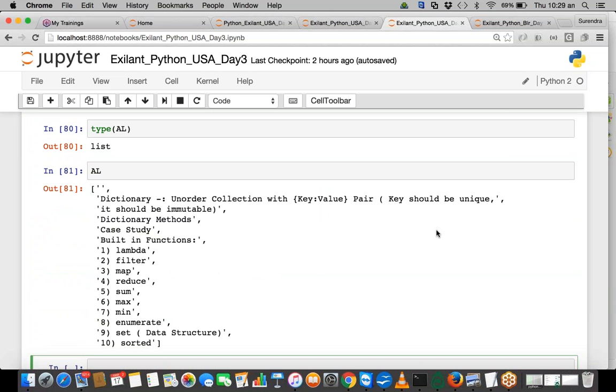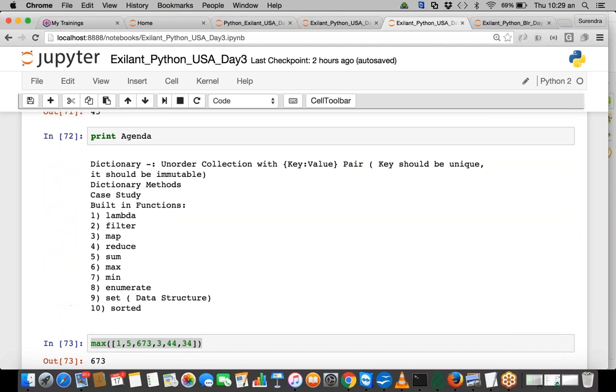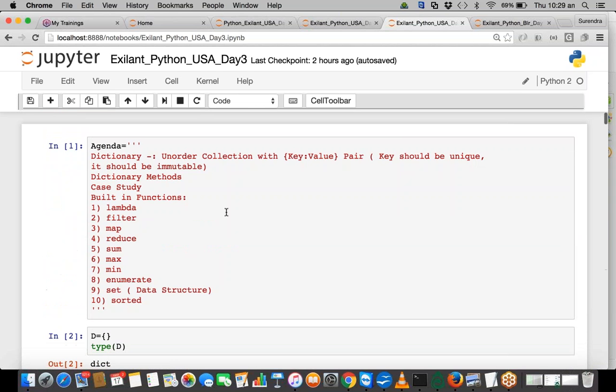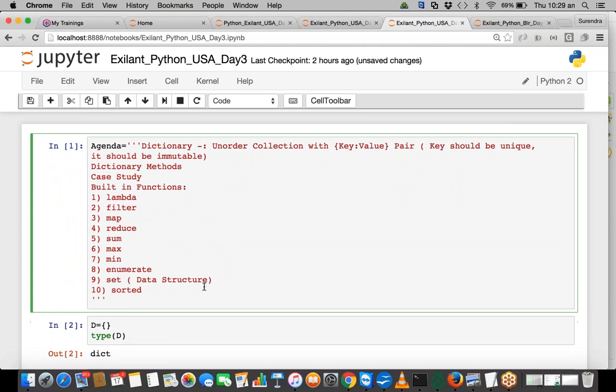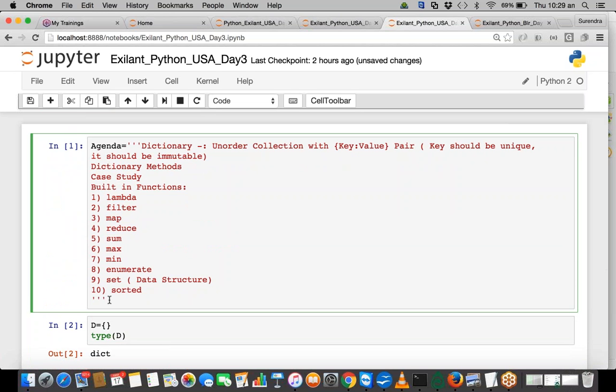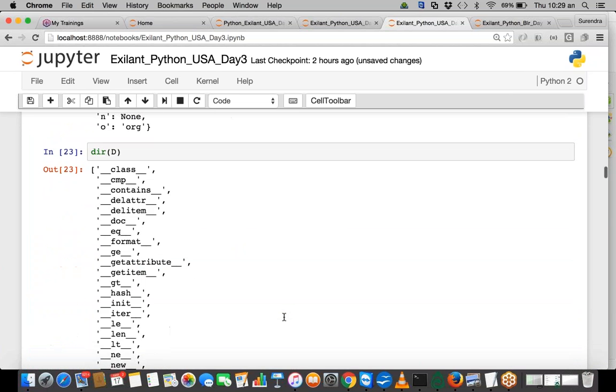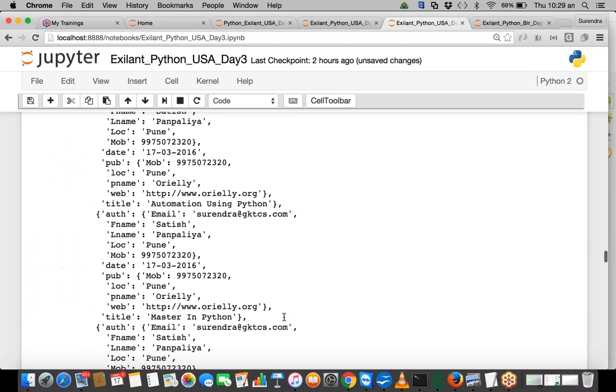Okay, the question is how did you initialize agenda? You want to see it. See, I have first of all agenda written this way. My agenda was written in the beginning only, in a triple quote string. Yes, I hope you got this agenda. It was written in the beginning only, and this agenda is just a string. It's a triple quote string, right? Under that, whatever is written. Okay, yes, Sangram. And now I have converted